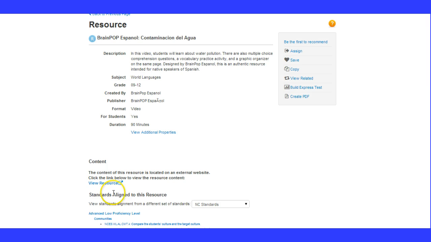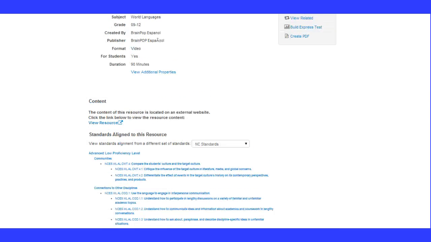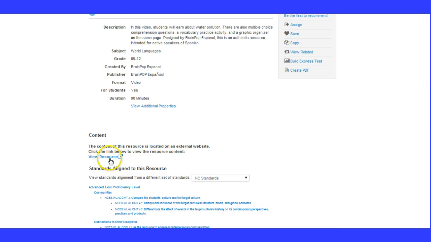But here's what I need to look at. There is where I want to find that resource. If I scroll down, I can see that my standards are here listed. I can find out that I have things for Advanced Low Proficiency. I have them for the community standard. I also have them for connections to other disciplines. Gee, this is quite interesting. Look at all the things I have. So if I open up this resource,